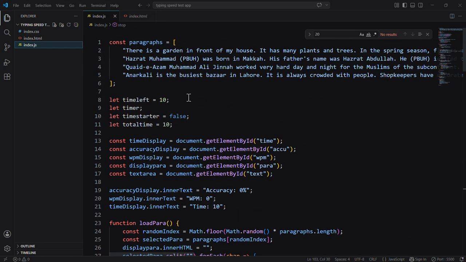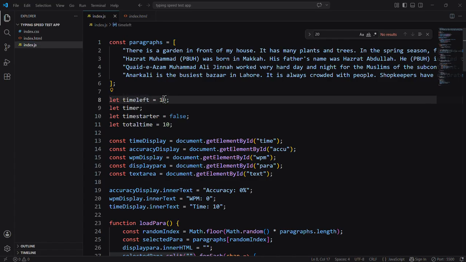So there's the JavaScript code. First we make an array and take four paragraphs, or whichever you like, and take time left variables to assign a time.